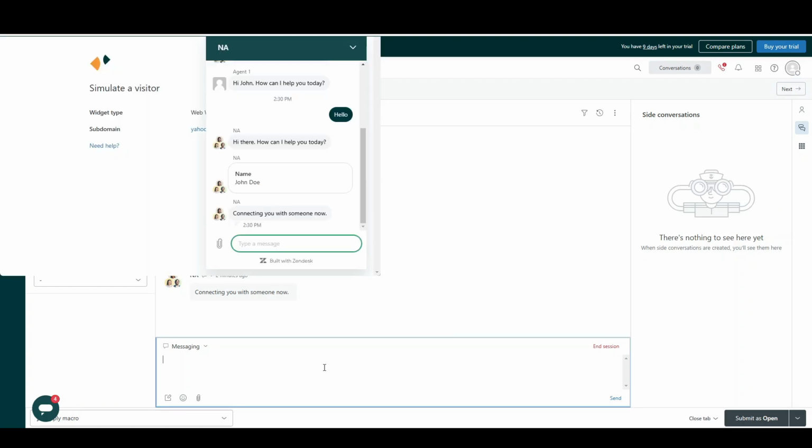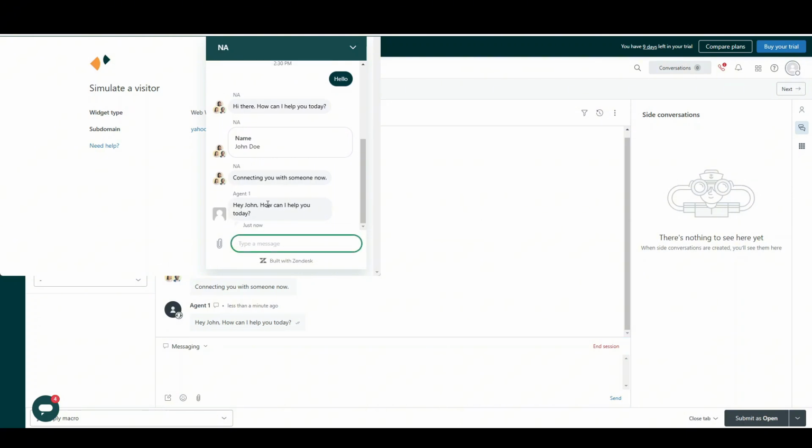Now, since we are in the trial version, I will now send a message to John. So I will say something like, "Hey John, how can I help you today?" So here we go, me as the agent sending a message to John. As we are in the trial version, we go back to our simulation, and there we go. I've responded back to John, and that's the response. So John is gonna send back to us now and say,